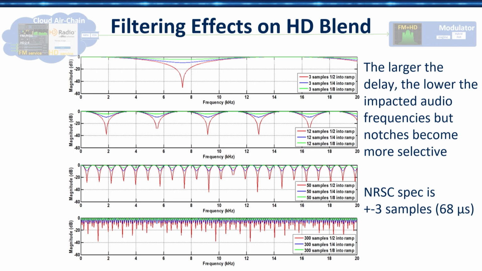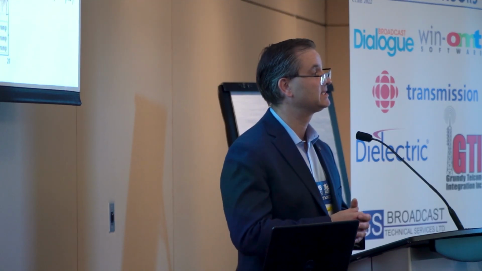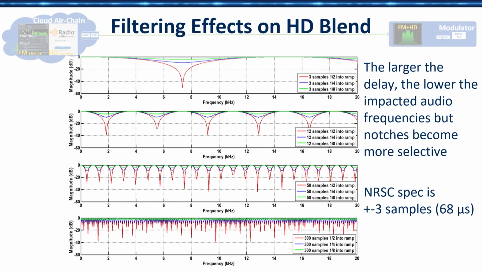So let's talk a little bit about the FM HD1 time alignment. Of course, your receiver first acquires the FM, plays the FM, takes a few seconds before the HD is acquired, and it will blend over to the HD. If the audio is off by seconds, of course, you're going to miss or cut out entire words. It becomes very apparent. But even if you're pretty close, into the millisecond, microsecond range, there's artifacts.